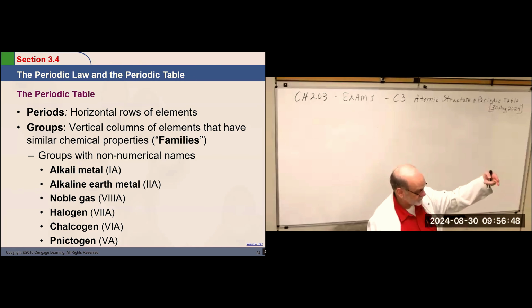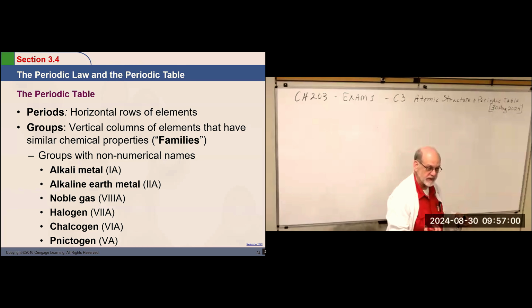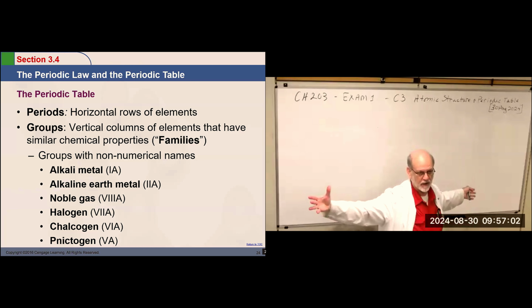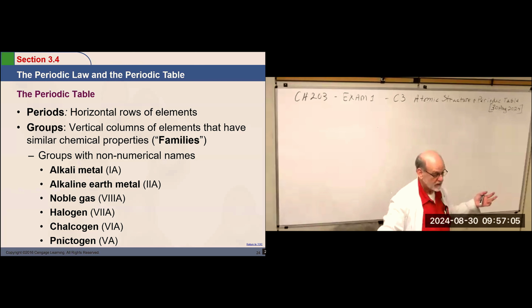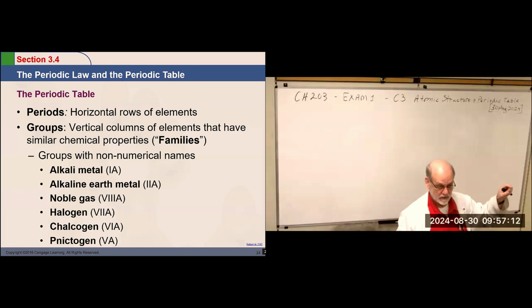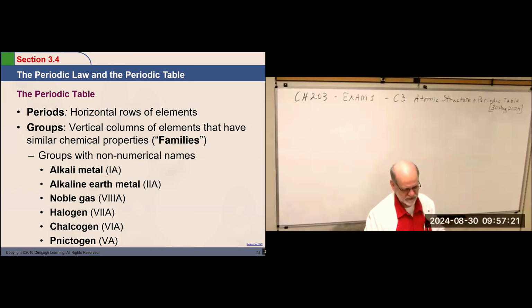Now, those two rows down below, we stick those right up there between barium and hafnium, or radium and rutherfordium. And they're pulled out for two reasons. One is keep the chart from being a mile wide. And the other is that the outer shell electrons, we're going to talk about later or very soon. The outer shell electrons are all the same positions around the atom for those groups down there. It'll make more sense in a few minutes.